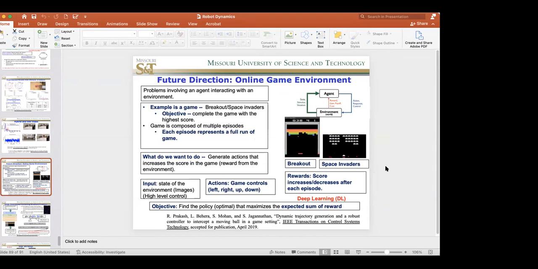There's a lot of interest now in using games, how you can get the feedback, how you can actually make the system more intelligent, right? So like an agent, it basically takes an action and applies it to the environment. In this case, it could be a game like Breakout or Space Invaders. And the actions are moving this bar left or right or top or bottom. And the goal was to maximize the score.